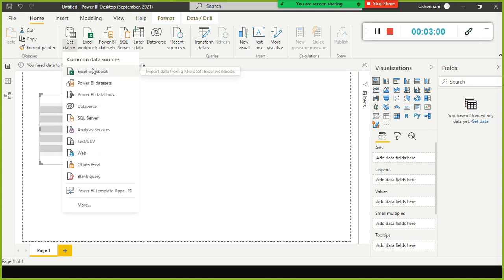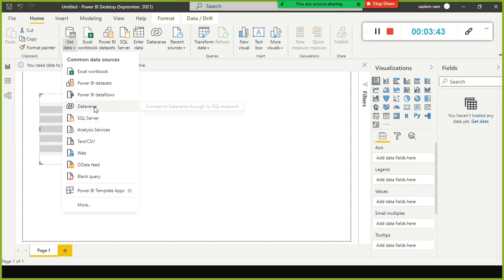For example, if I select this, you have Excel workbook and Power BI datasets. Let's say you have already developed some Power BI file, which already imported the data, and you did some data modeling. If any new buddy joins your company, they don't have to run from pillar to post to understand which source systems they are supposed to connect to, or which files they are supposed to use. If everything is readily available, they can import it and use the appropriate visuals to generate any new report. And then we have Power BI dataflows. We will discuss this later.